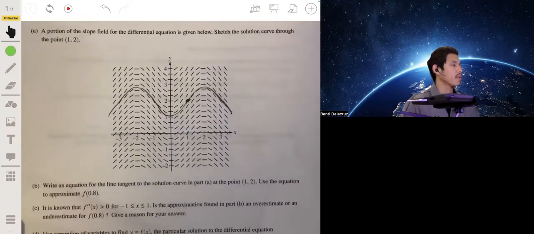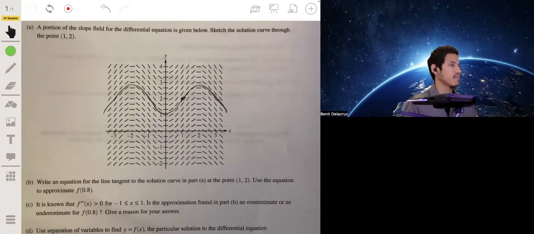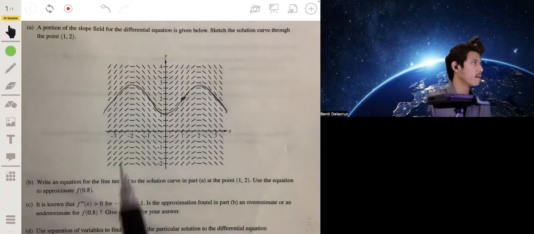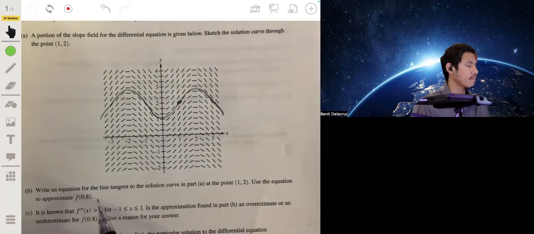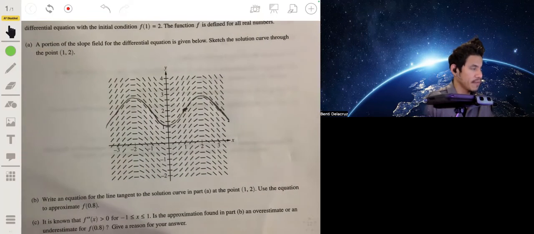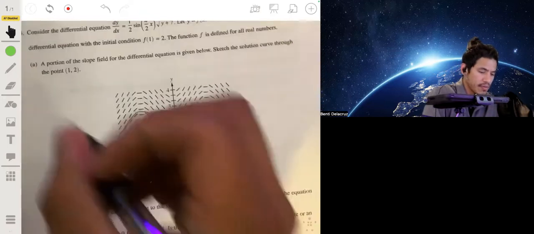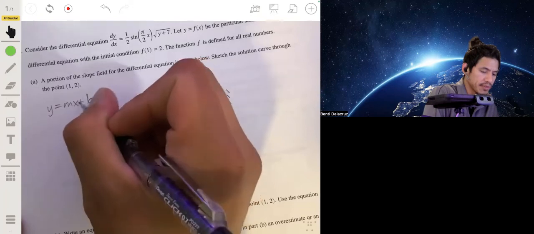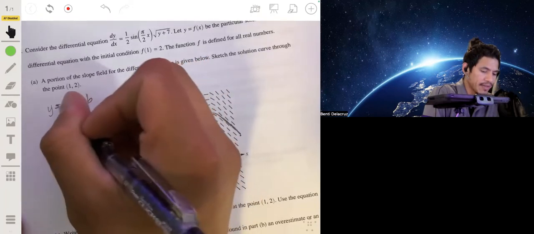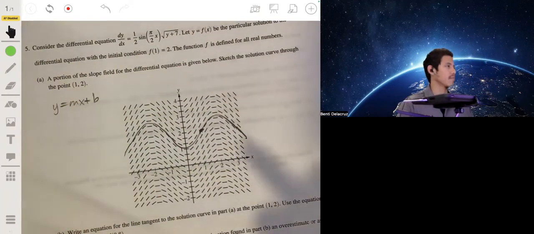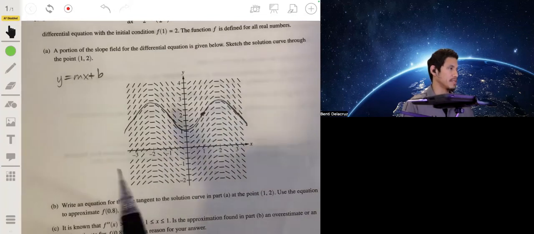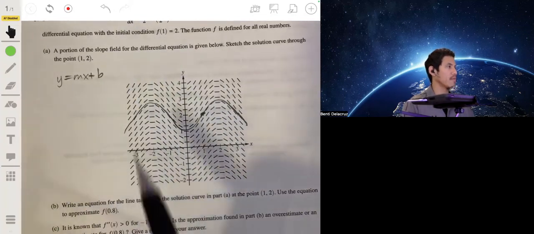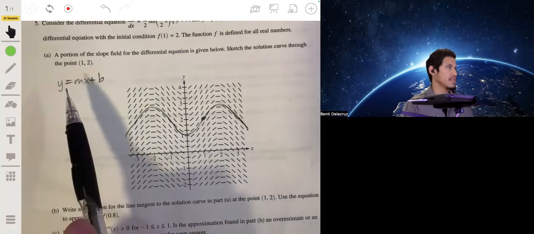And part B: write an equation for the line tangent to the solution curve in part A at the point (1, 2). Use the equation to approximate f(0.8). I like to always use the y = mx + b slope-intercept form. You don't have to, you can use point-slope form, but I'm just going to use it this way. So if we're going to use this form, let's recognize that the slope is essentially this